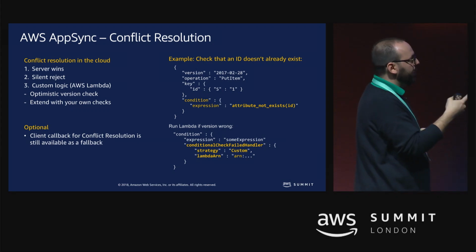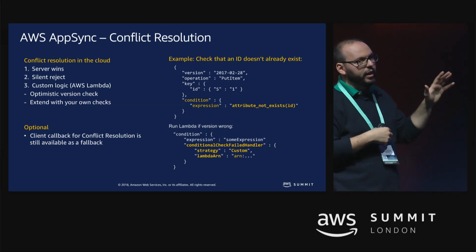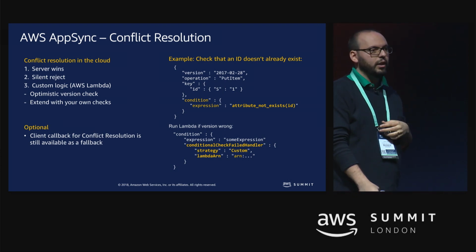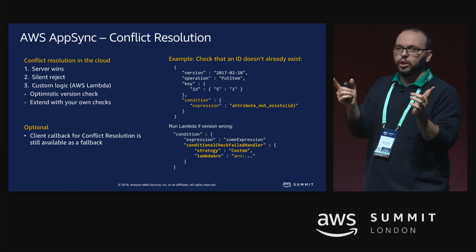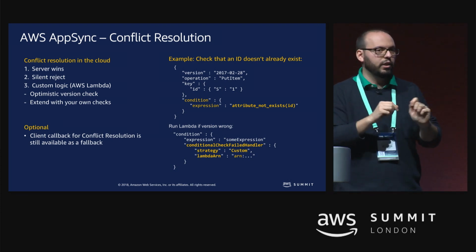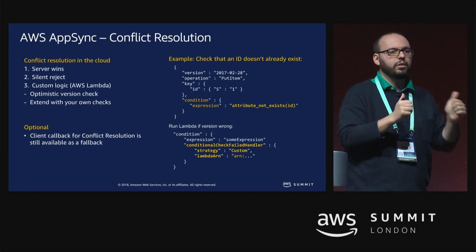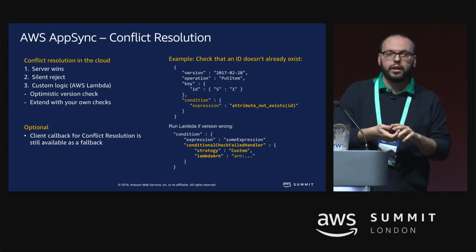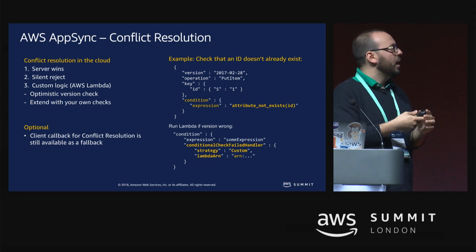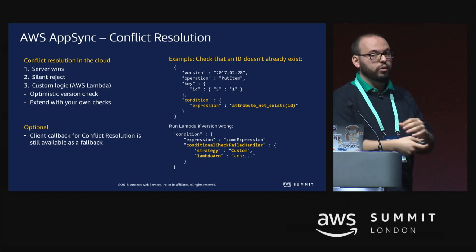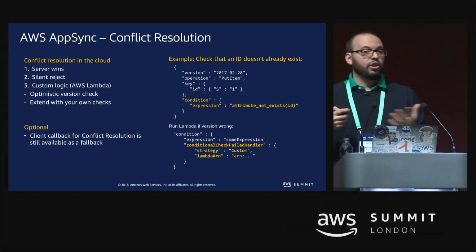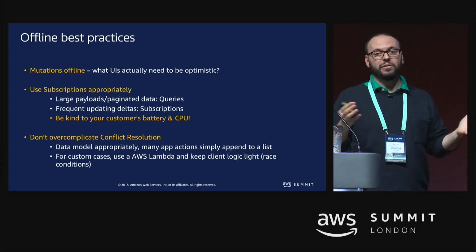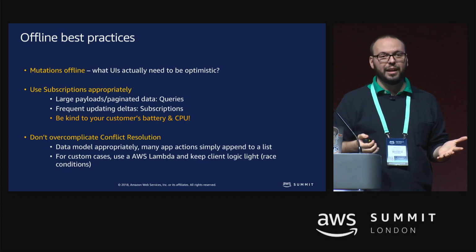When you are configuring that conflict resolution, there's something really neat and a more advanced feature called the conditional check failed handler. You can pass a Lambda function to do whatever logic you want, and then you can say to AppSync, yes, I resolved the conflict, go ahead, or do something else, or fail for the client who's asking for the data. So that gives you a way more flexible approach to conflict resolution. Just because we're giving you that, it doesn't necessarily mean that you have to build Lambda functions for every possible conflict resolution. And it also